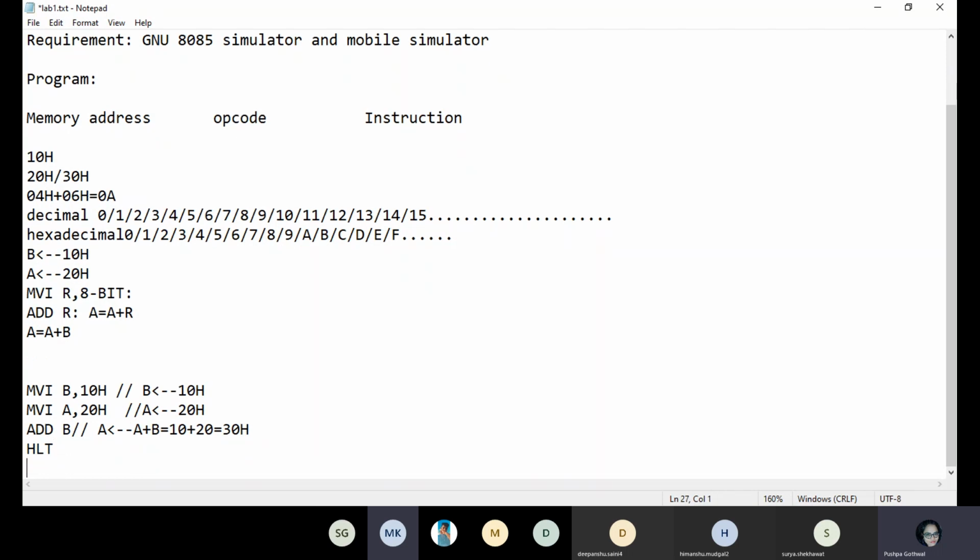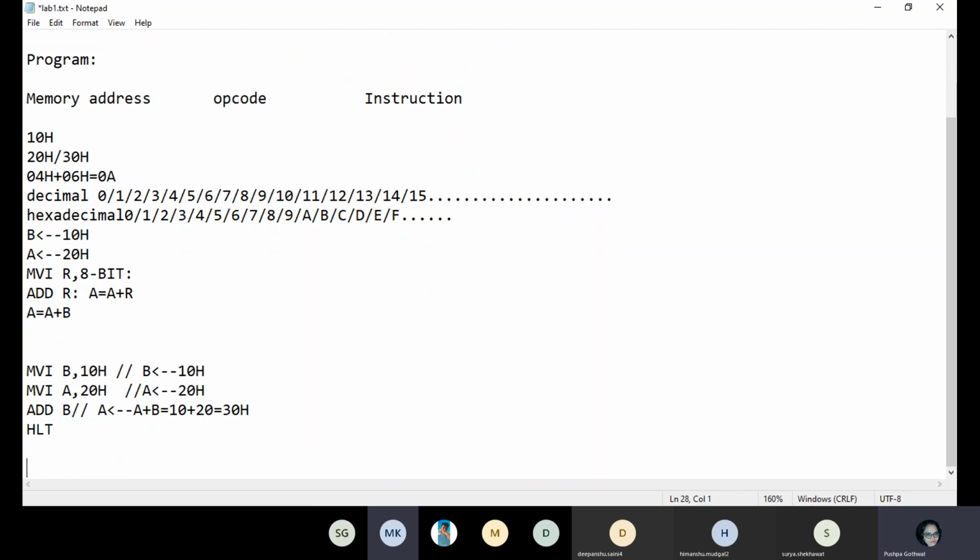I'm telling the other way also, because you may be using a simulator on mobile. Some simulators write RST1. RST1 is nothing but a restart interrupt. In some simulators, in place of HLT, they write RST1 because they support that. It is also a stop kind of thing. Restart interrupt means your program will execute from the first line again. If you are using a different simulator, it can use RST1 also.